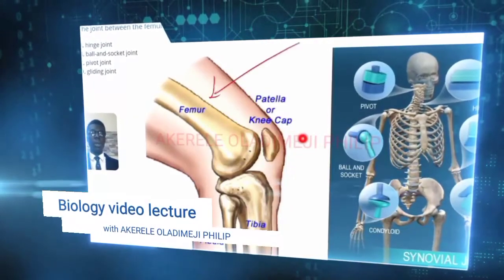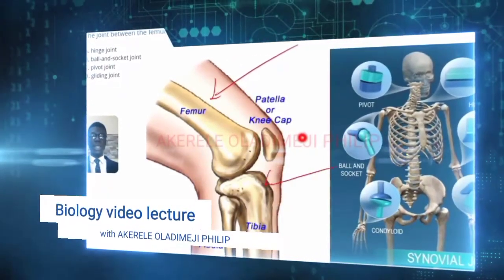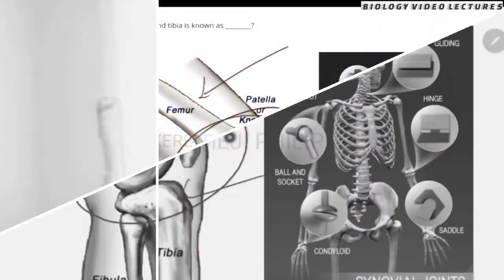This is the femur, this is the tibia. So this is called a hinge joint, a joint whereby